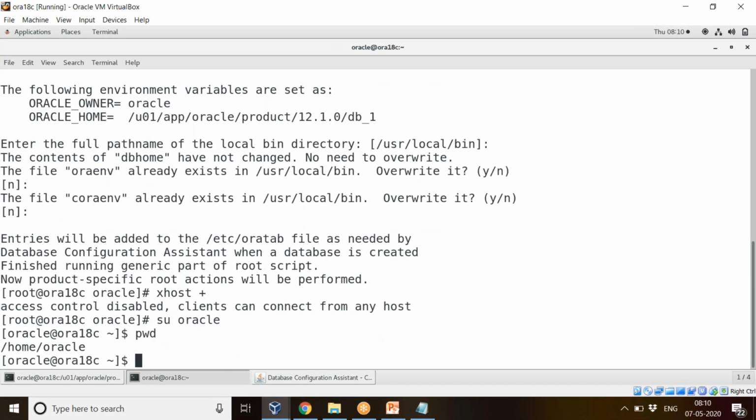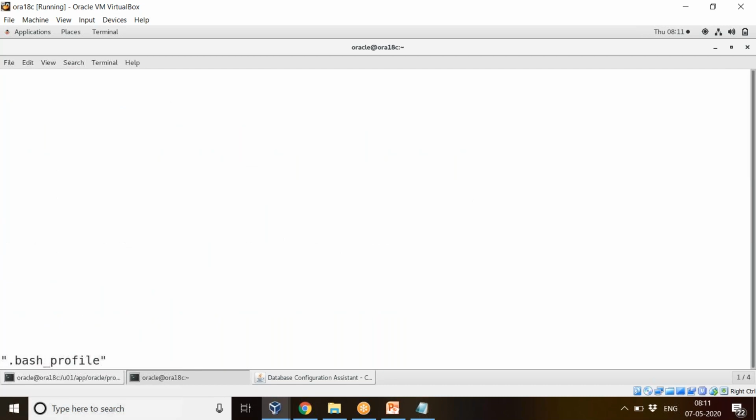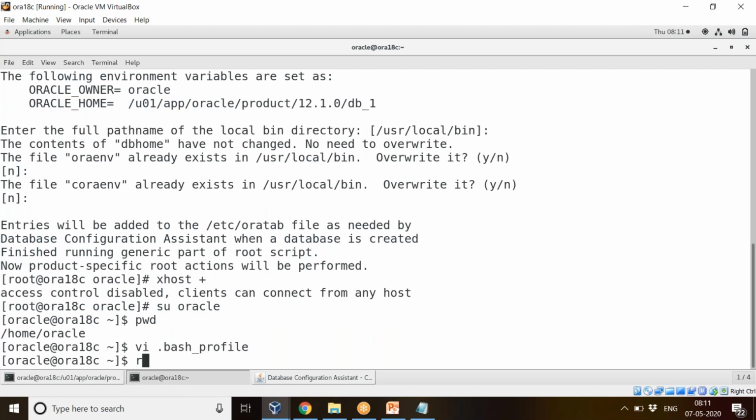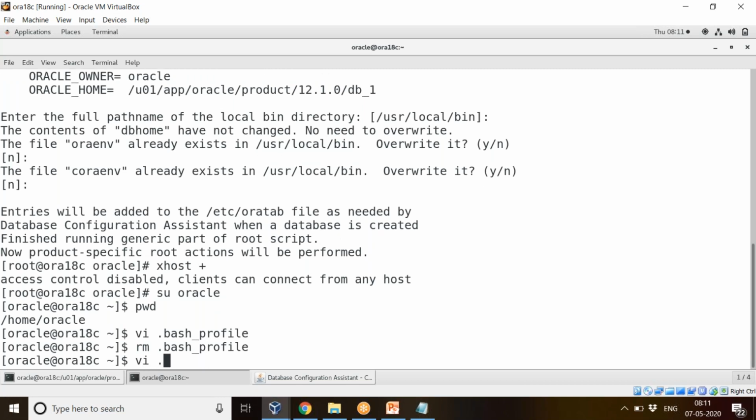This is my present working directory, that is /home/oracle. You have .bash_profile. So here I have this one. So what I'll do, I'm going to remove this. I'll create a new one.